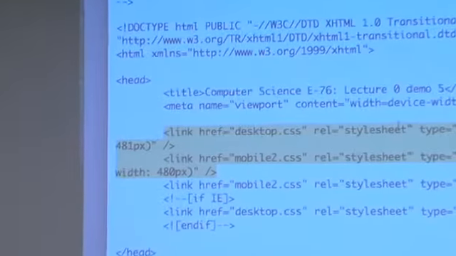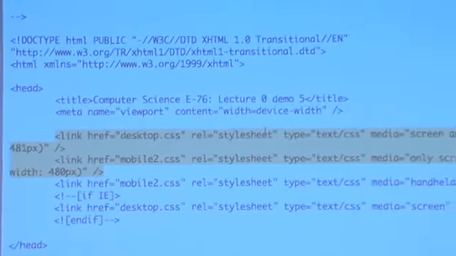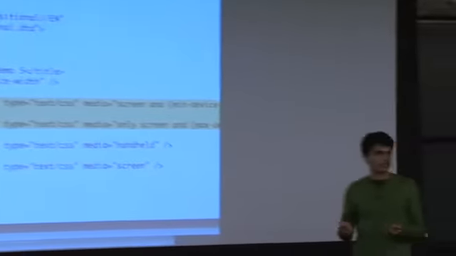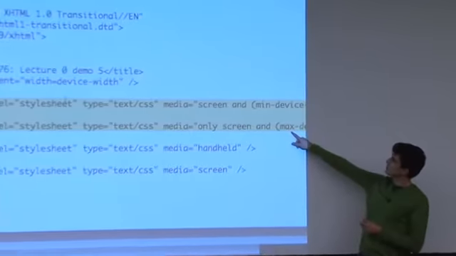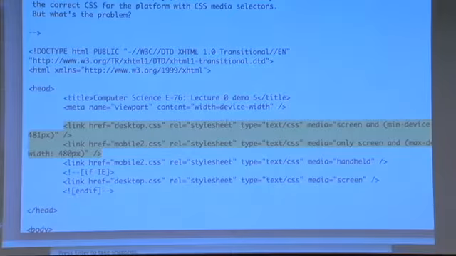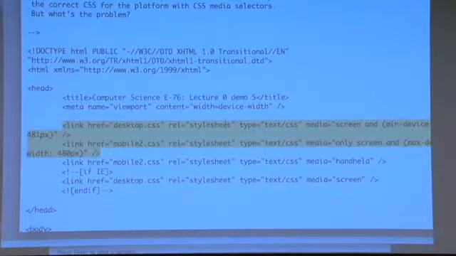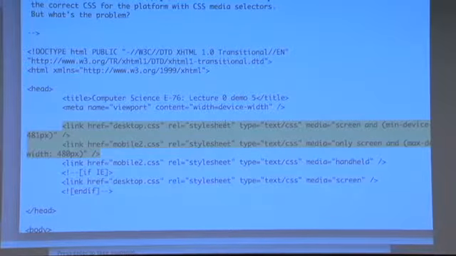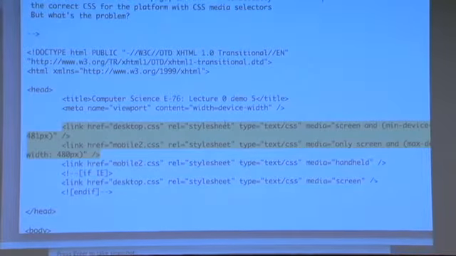And this might be kind of reasonable, and especially last year, this would have been a very reasonable thing because at the time, no mobile devices really had resolutions that were higher than 481 pixels. Now you can see the next one here. Okay, we might use mobile instead if it's a screen and the max width is 480 pixels. So this goes along the same thing. If we have a screen that's no wider than 480 pixels, then it's probably reasonable to use the mobile